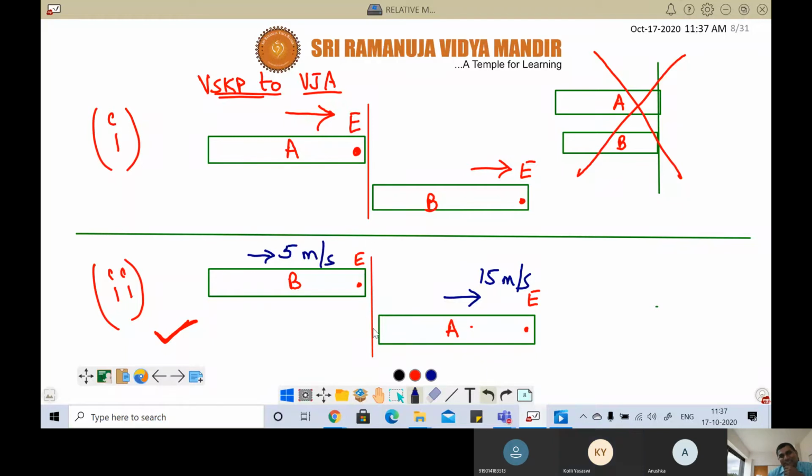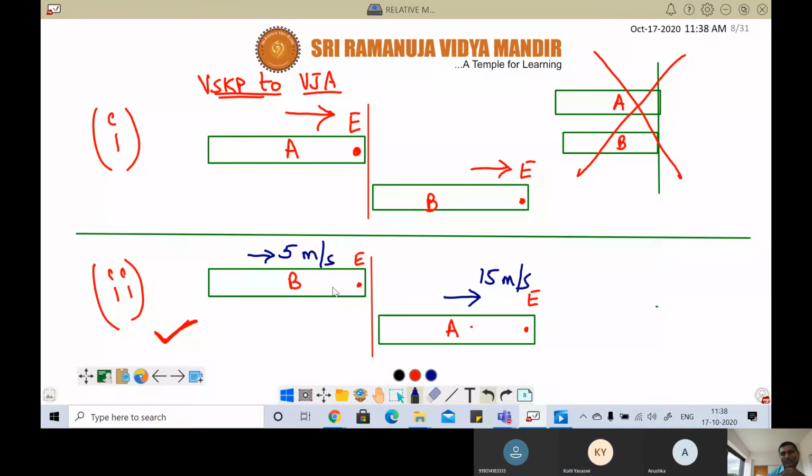Now tell me, first of all, is A going fast or B going fast? So it will never cross. Because A is in front, B cannot come at all, no? I understood, there is no point of crossing. See, when A is going fast and you draw A in front and B behind, can B ever cross A? Did you understand?